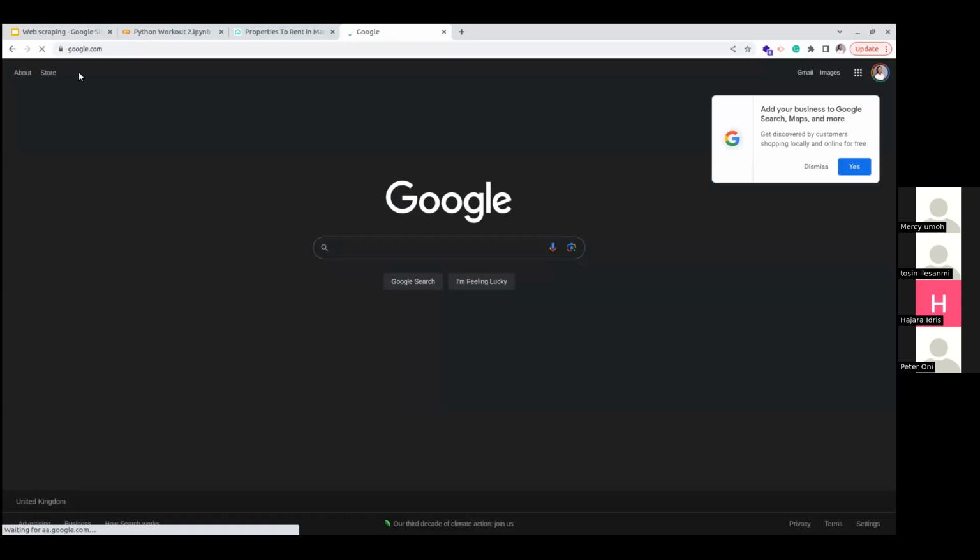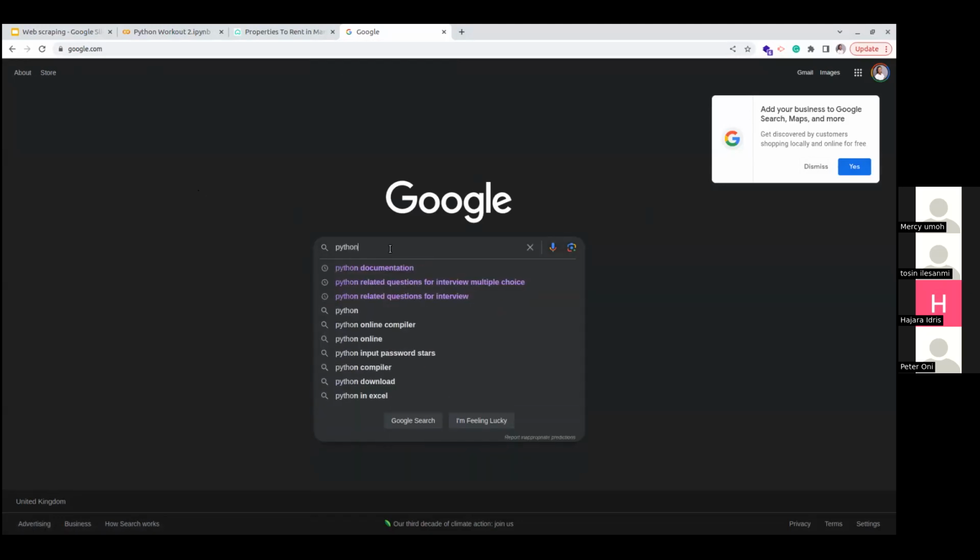Let's go to google.com. So you will see that there's Google here. This Google here is inside the title page. So whenever you open a web page and you see something here, it is inside that title page. And to look at a very simple example, what should I search today? Let me just do Python, right?